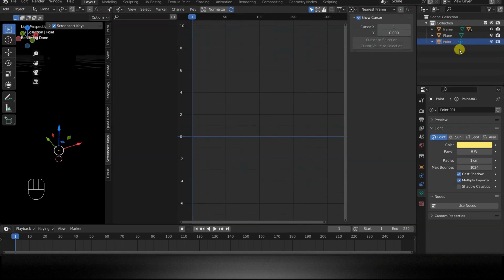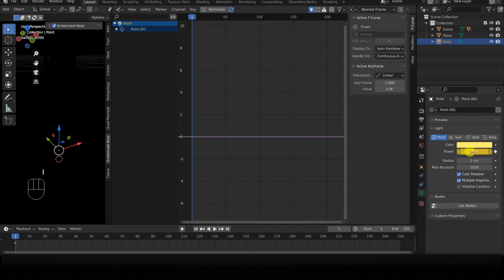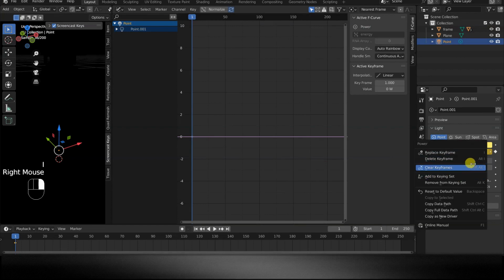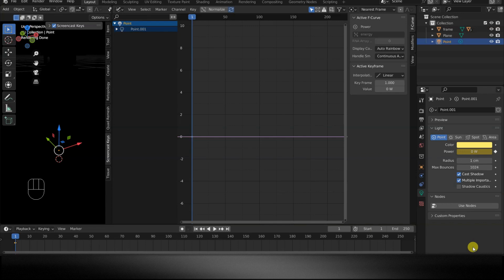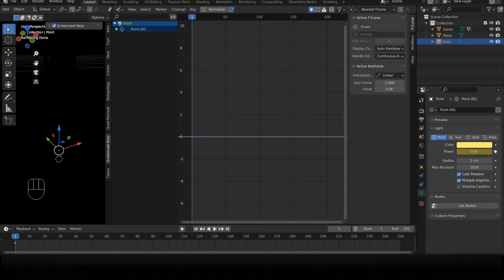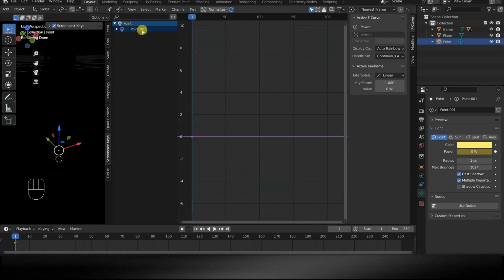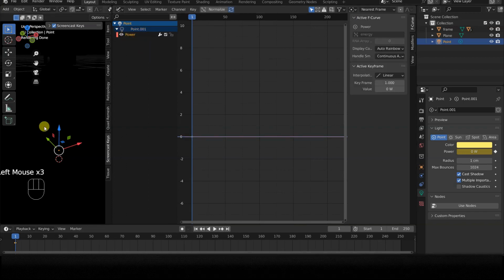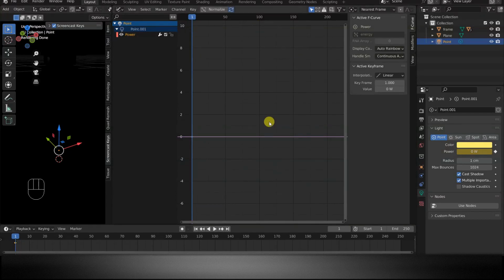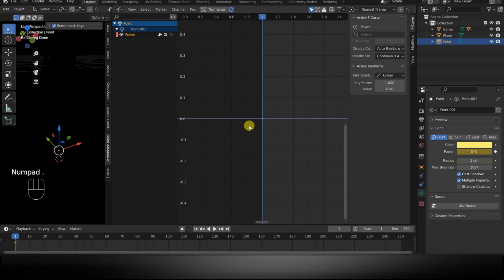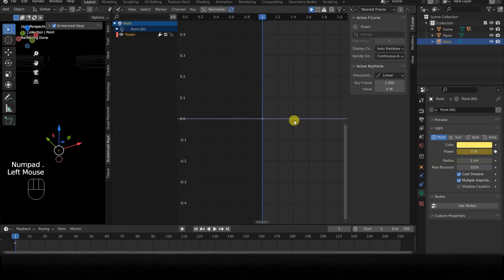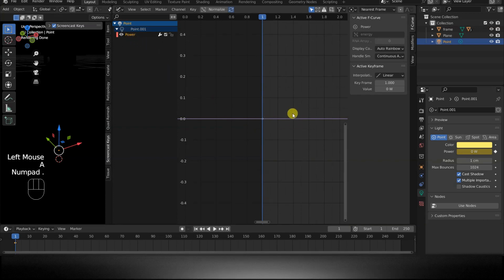To insert the keyframe, I place the mouse cursor over the power parameter and press the I key. Alternatively, I can right-click on the power value and select Insert Keyframe from the menu that will appear on the screen. Now I have the power curve available in the Graph Editor window. In case the keyframe is not easily identifiable, place the mouse cursor in the window, press the A key and then the period key on the numeric keypad. This will have the effect of framing the keyframe, selected with A as it is the only element present in the window.